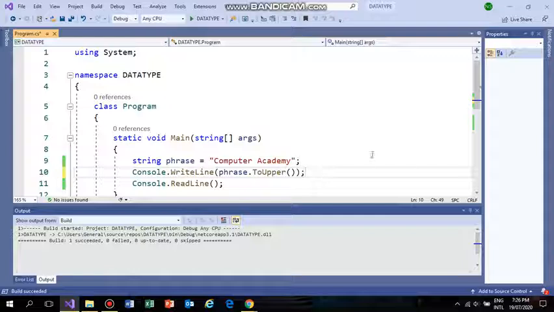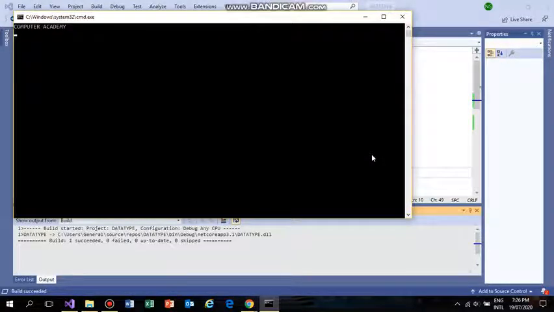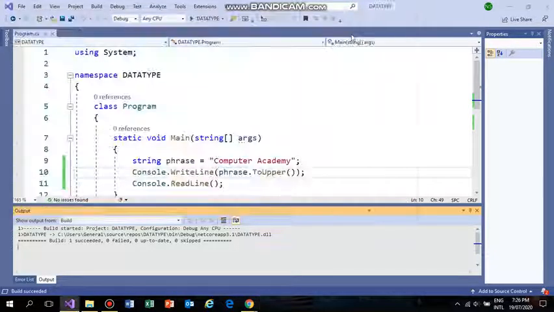Okay, now press Control F5 to build this program. See, the compiler has converted all the small letters, the whole string phrase, into capital letters, because we wanted it in uppercase.